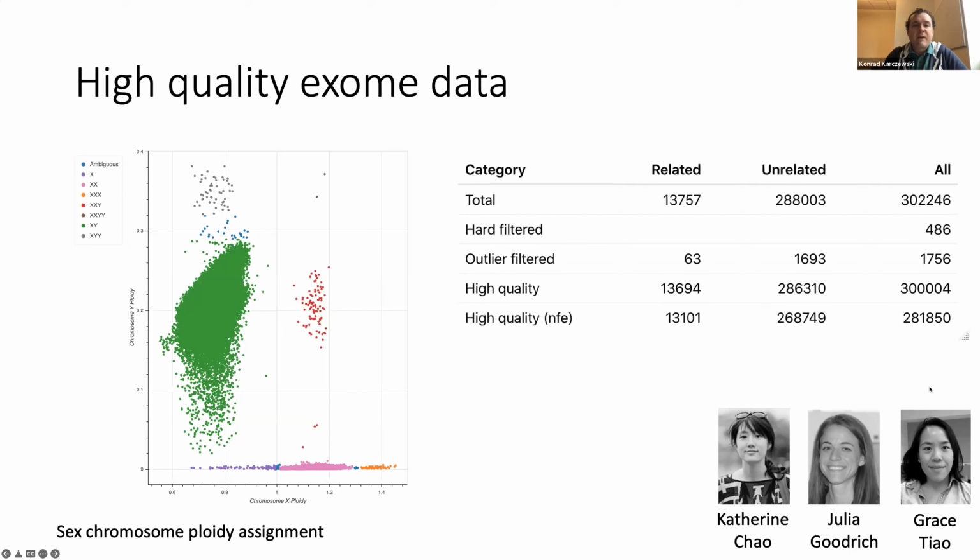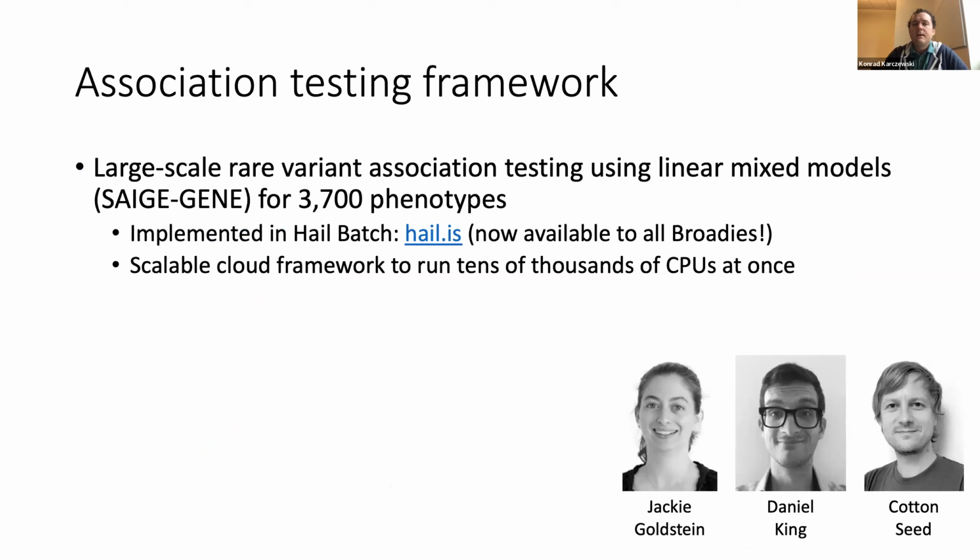So at the end of the day, we had about 281,000 individuals that were high quality samples and in this non-Finnish European cluster, so that we can have good high quality data for association testing. As part of this effort, we had to redesign how we might do ultra large scale association testing, as this pipeline takes about 4,000 CPU hours, or about 6 CPU months, per phenotype. That wouldn't be such a big deal for one or a few phenotypes, but for 4,000 of them, this required a whole lot of computing power.